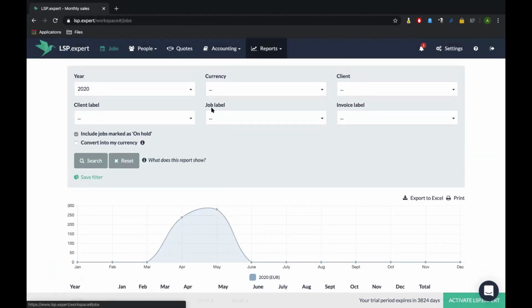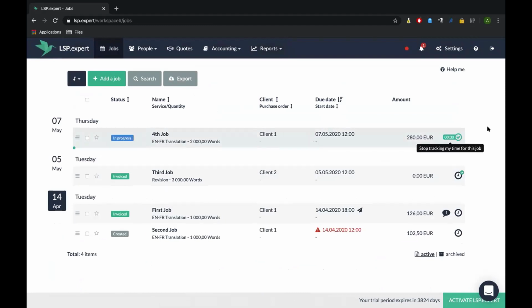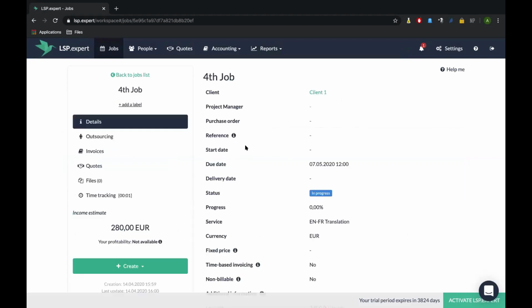Okay, so let's say that on that job, I'm paid per word. That's really nice. But what is even nicer is to know how much time you were spending on a task. And then at the end of it, just knowing how much you have made per hour, for example. That's really important to know how productive you are and to know about your profitability. That's really, really important when you have to set your rates and really know with which clients it's most interesting to keep on working. Okay, so let's say I track my time and I stop it.